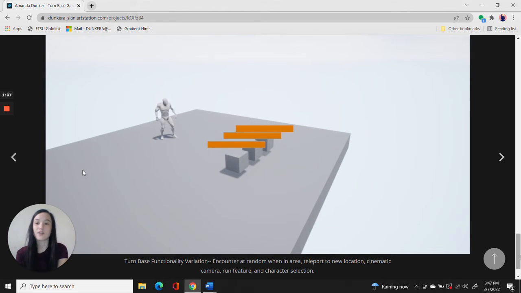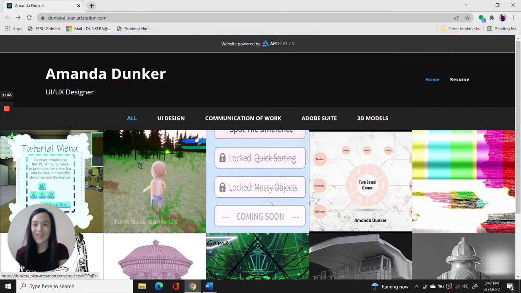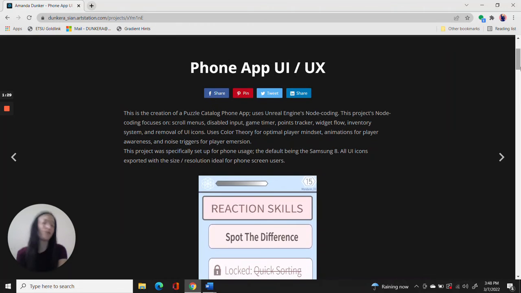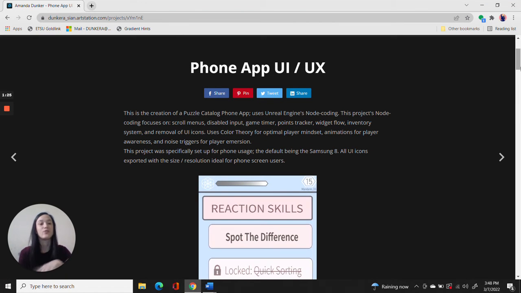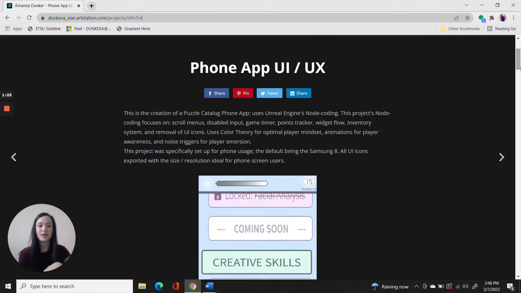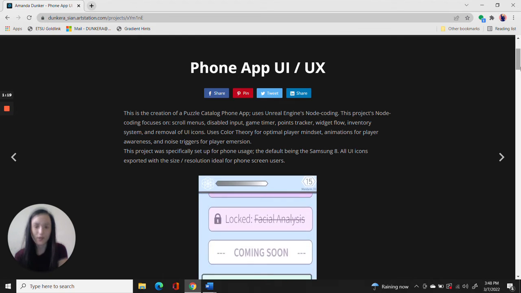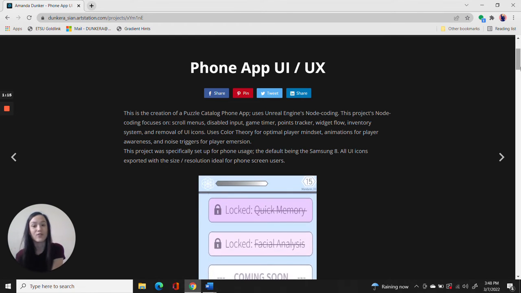I also added in a run feature for that as well. Continuing on, we have a phone app UI UX, and essentially instead of focusing on more window-based or console-based games, I decided I want to take it to a different type of platform and try my hand at phone features. In this, it focuses on scroll menus, disabled input, game timers, point trackers, widget flow, inventory systems, and removal of